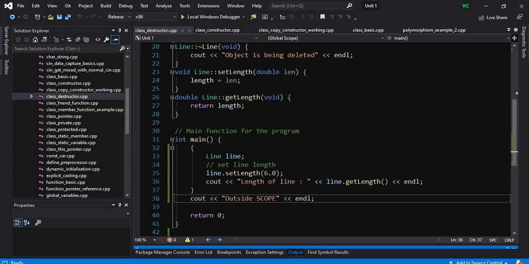We know the basic concept that whenever a variable is declared, some memory is allocated, and when the code is not in the scope, then the memory is deallocated.